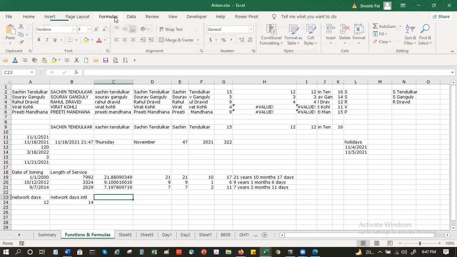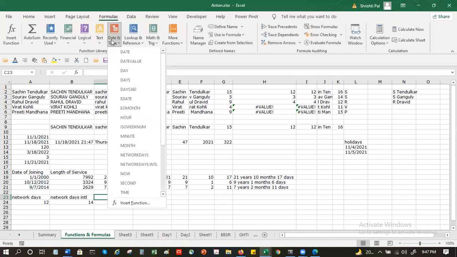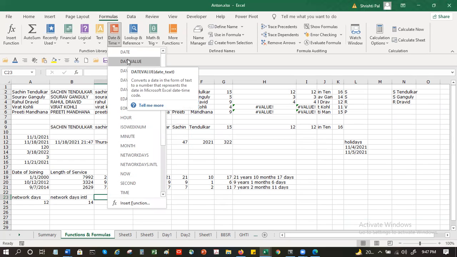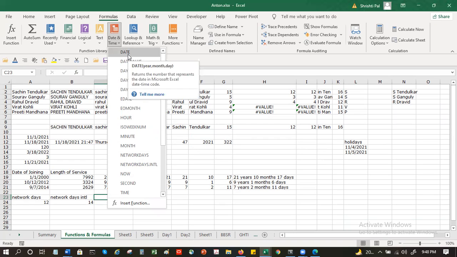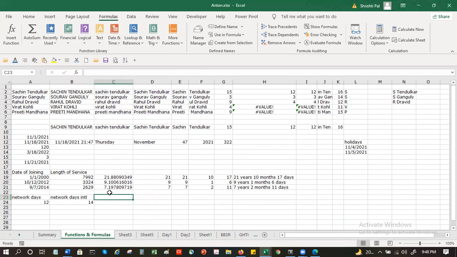If you go to this formulas here, you might see things like DATEVALUE. So this converts a date in the form of a text to a number in the date time code. So just be a bit careful about that. Since it internally converts it, it's easy for it to convert it into different formats. Perfect.